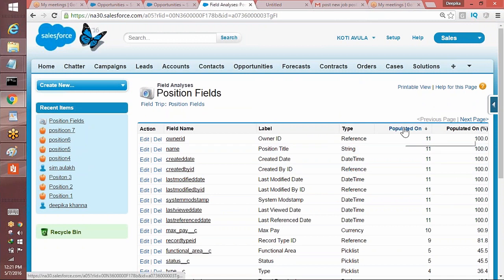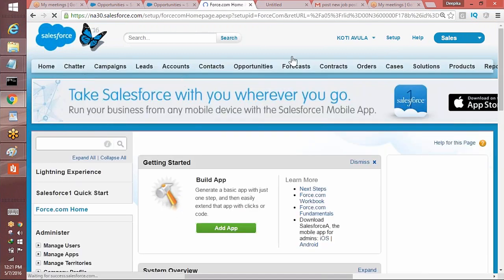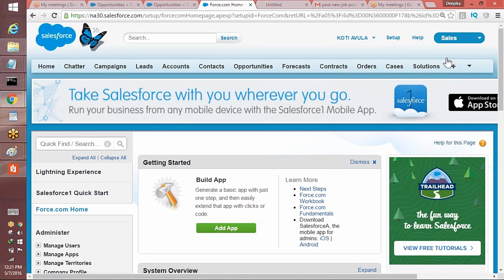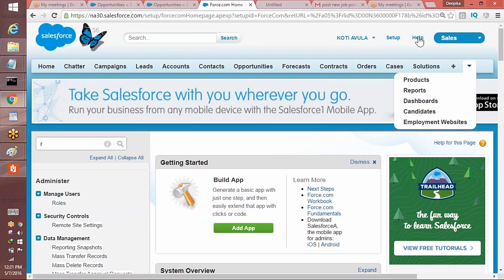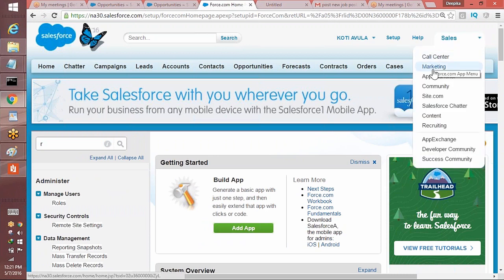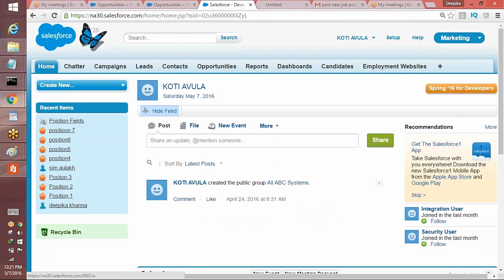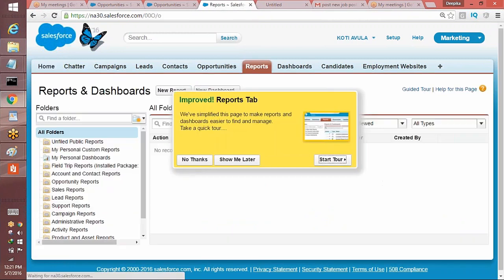Now, not only this, you can even create reports on this. Reports means you can see, okay, when you go to the setup now, this tells you, okay, these are the fields which have been used most. So now if I wanted to go back, you can even create reports on these kind of stuff. So to do that, we'll go back to the, I don't know if I have reports. And here, if you want to create a new report, you will be able to see the